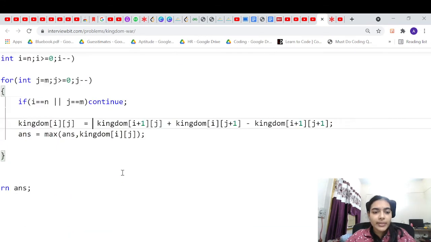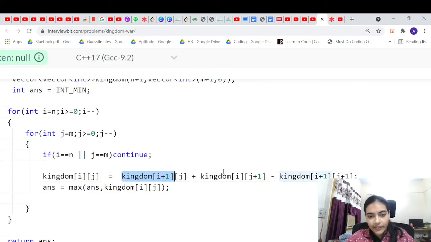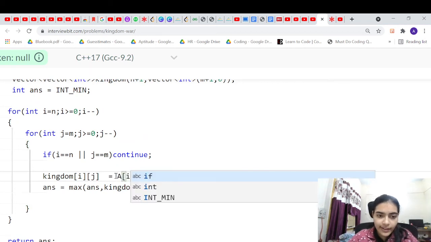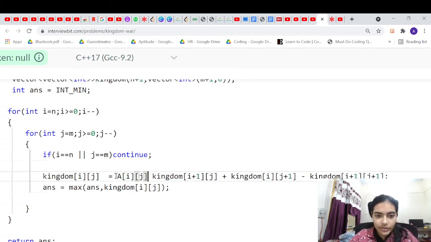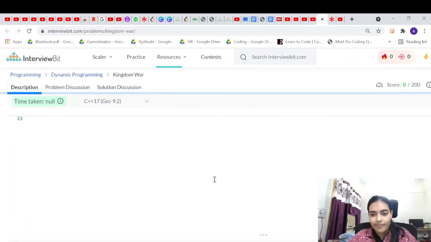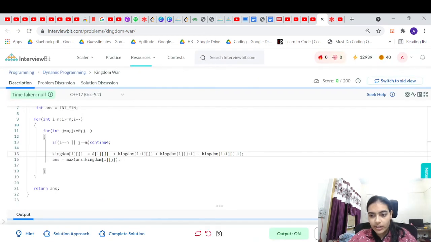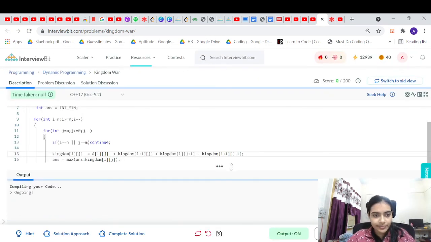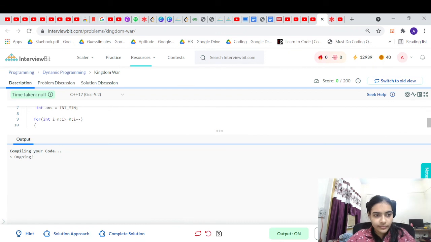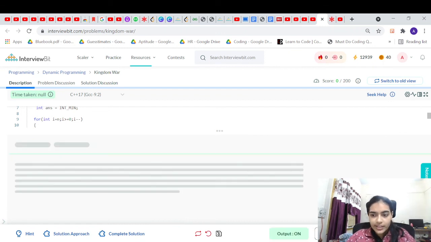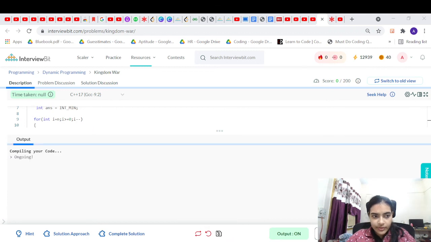Okay, there's one simple thing which we have missed here. See, we are taking the values, but we are not including the current cell's value. So we should also add a of i j. That is the only thing which we didn't take. Otherwise, it's fine. So let us just run it now. Let's test and see if it's working. So it's fine. Let's submit and see if it's working. So it's fine. That's it. Thank you.